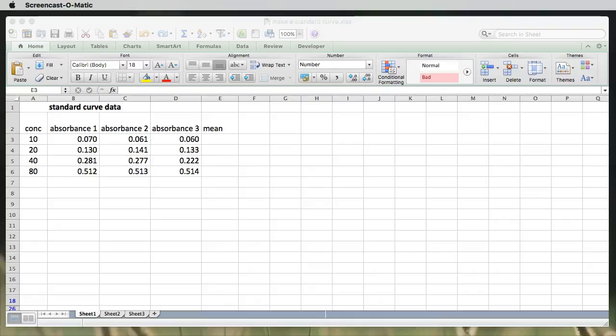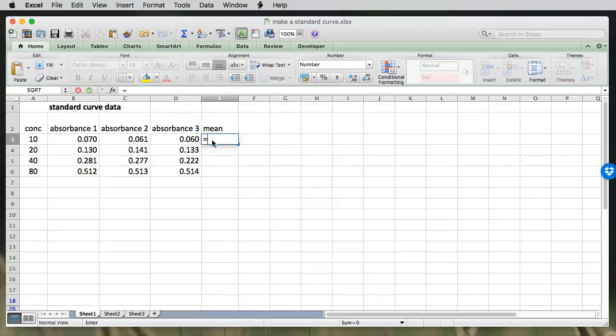Start by telling Excel you are going to enter a formula by typing an equal sign. If you know the name of the Excel formula you want, just start typing it. In Excel, mean is average. As I start typing average, a list of formulas appear. When you see the one you want, you can stop typing and select it from the list, or you can